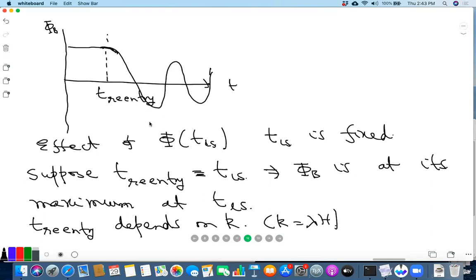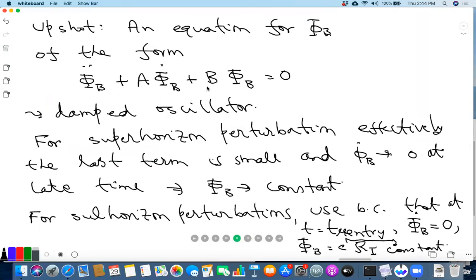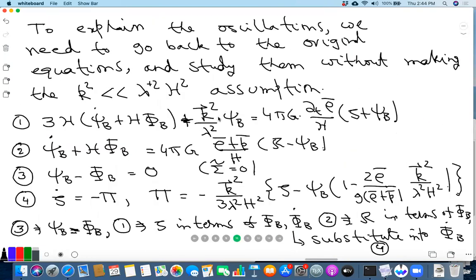But what we argued from here is that this oscillation in phi b can be translated to an oscillation in f as a function of k. And this is precise. You can work out the form of this function f, once you know these coefficients A and B, which of course you can calculate from here. And this gives a well-defined algorithm to determine f.